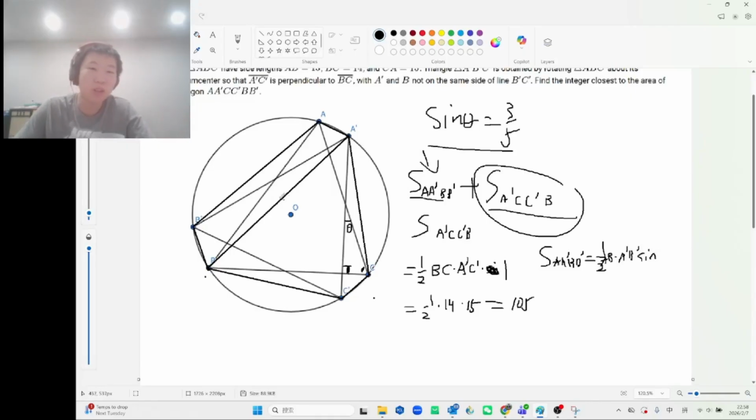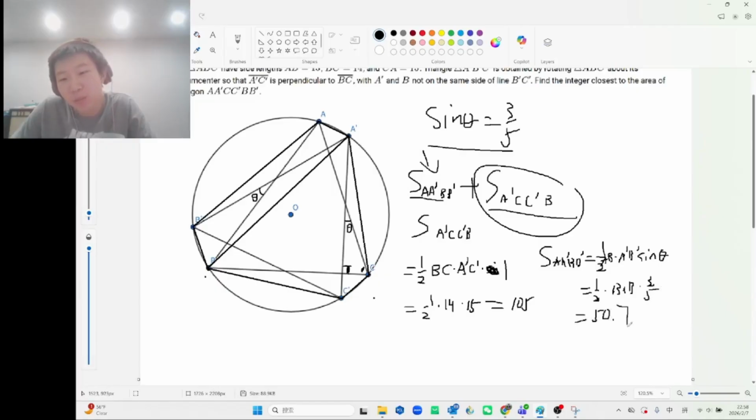What is the angle here? It's also theta, because it's the angle between AB and A'B', which is just the rotation angle. So it's 1/2 times 13 times 13 times 3/5,